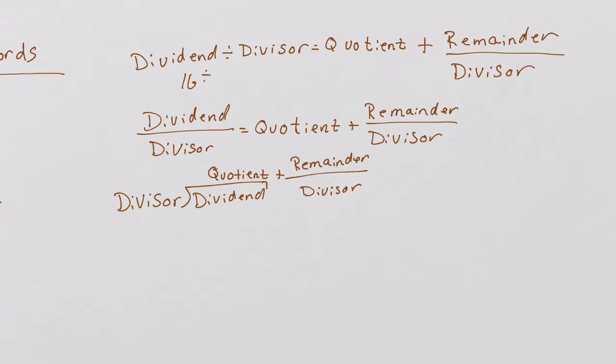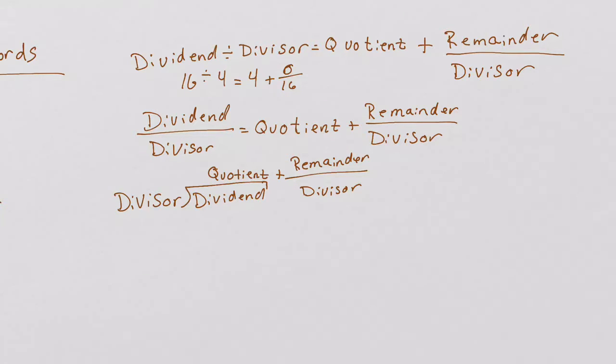16 divided by 4 equals 4 with the plus my remainder of 0 divided by 16. Now we don't normally write the remainder when it's 0, but you can if you need to fit this general form. The second way you're used to seeing it is the dividend on top of the divisor,